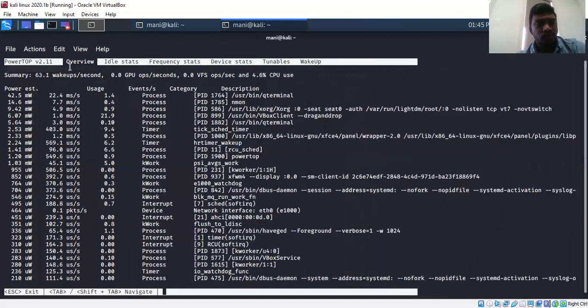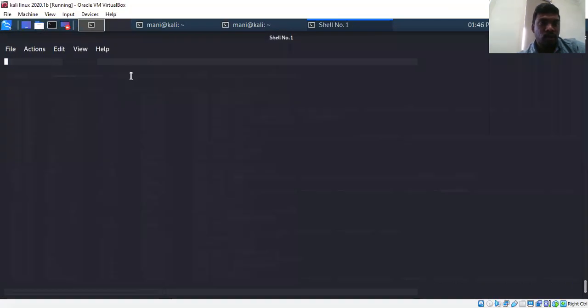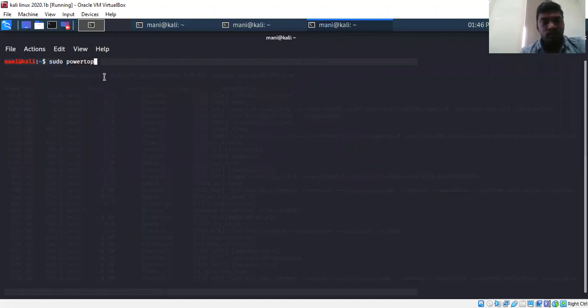Just to store all these processes, we need to go to a new terminal again. Then enter a command called sudo powertop. Enter.